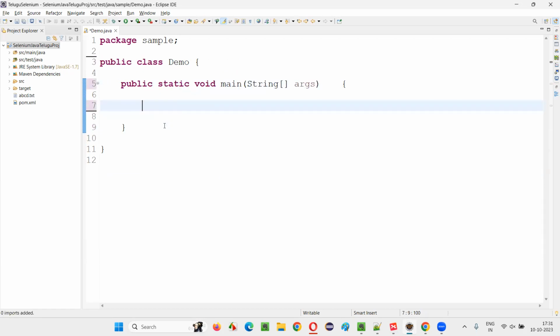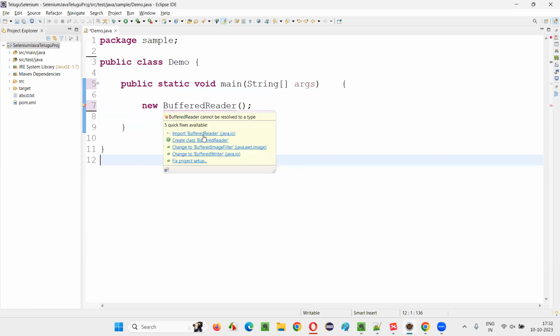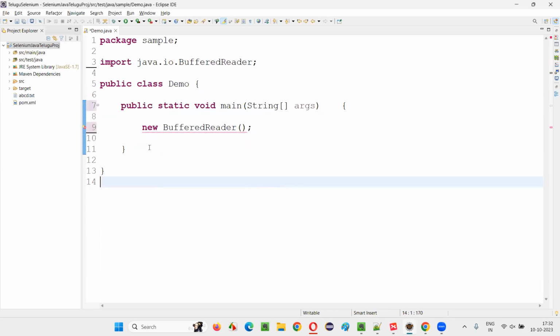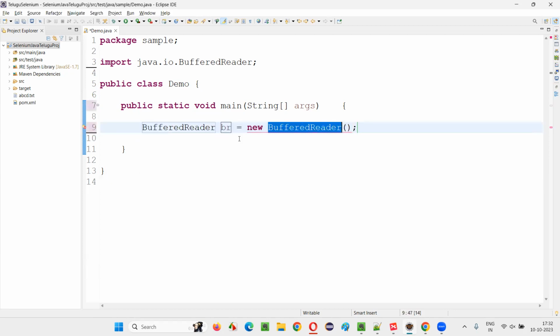Inside the main method, I'll create an object for the BufferedReader class. New BufferedReader. Hover the mouse over it and import this BufferedReader class from the java.io package. Create an object reference, br, let's say. Hover the mouse and say create local variable. The same class will be declared for this variable. And here inside this constructor, you have to say new